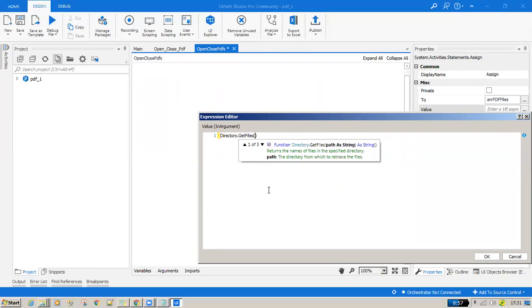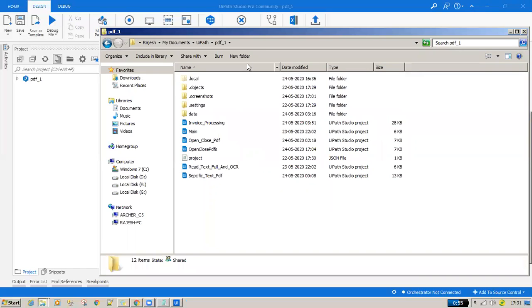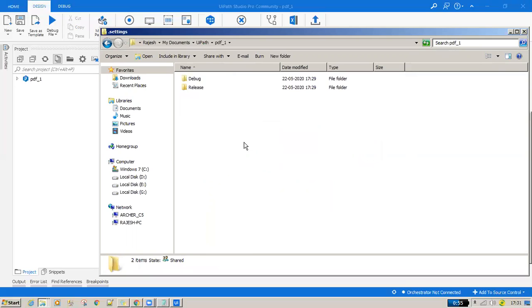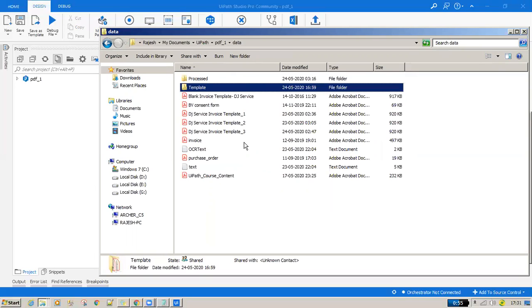Inside this, it is taking an argument, so we need to provide the path. When providing the path, you don't have to go for the full path. Rather, just put the dot and specify the data, and inside the data I have one more folder, which is template.